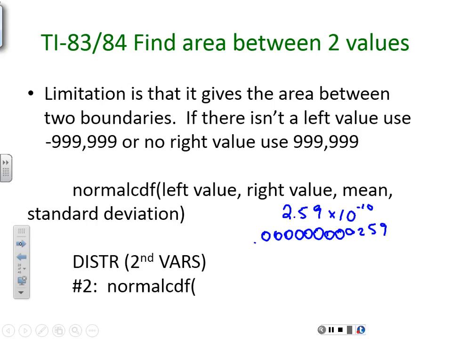The first number is your leftmost value. Your second number is your rightmost value, and those are the numbers you're given for just your x's. So